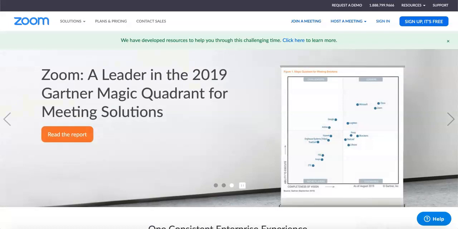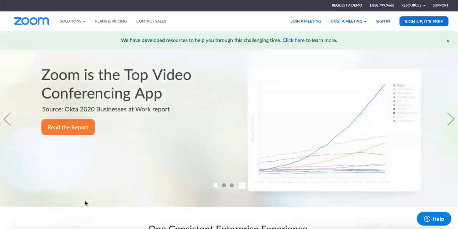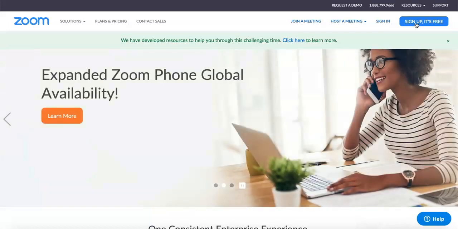When you go to the Zoom website, the homepage is going to look like this. It can be overwhelming at first, but ultimately, when you're looking at this, you're going to want to go to the top right-hand corner and you want to click on the blue button that says sign up. It's free. We all like free, and you're really going to like the free Zoom account that they are going